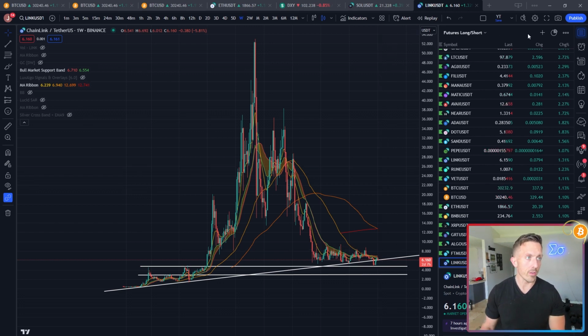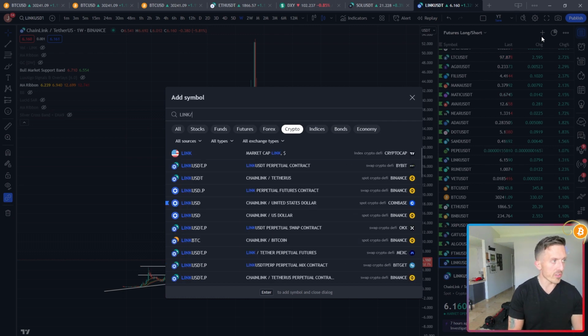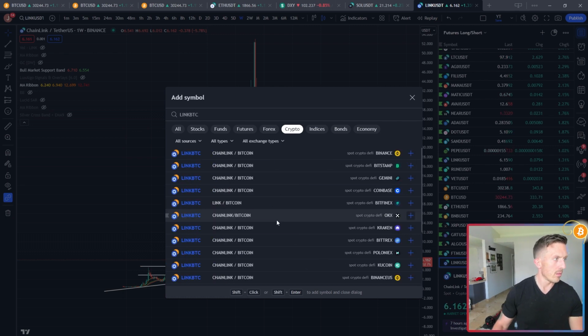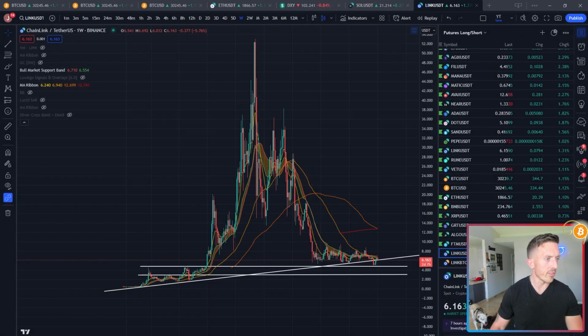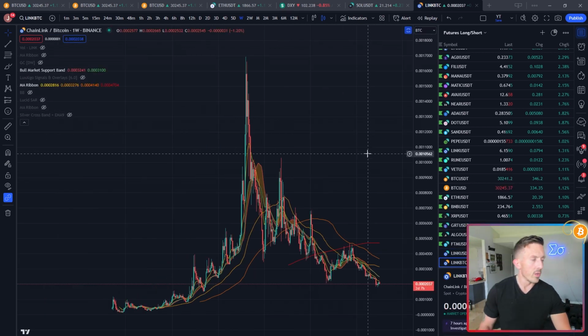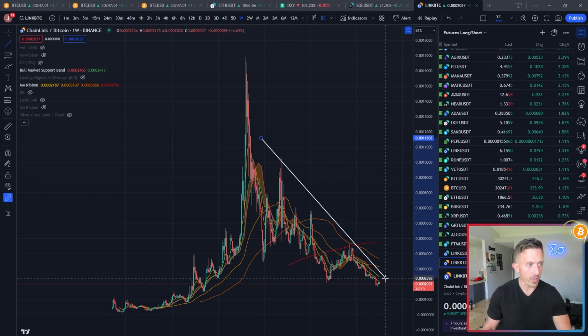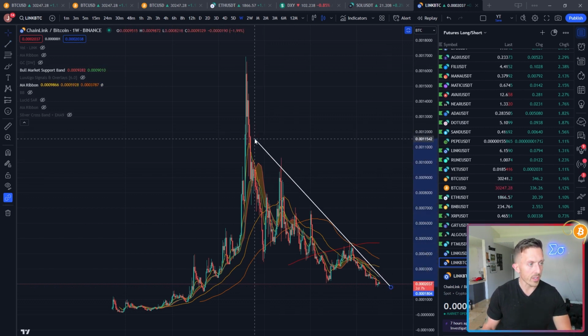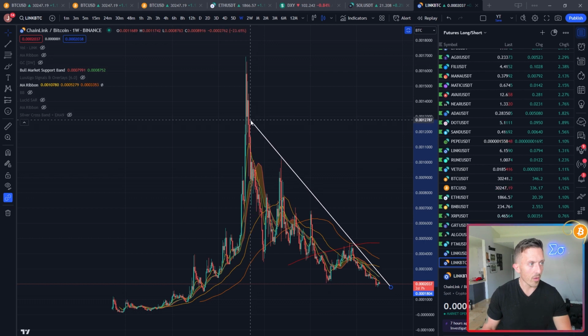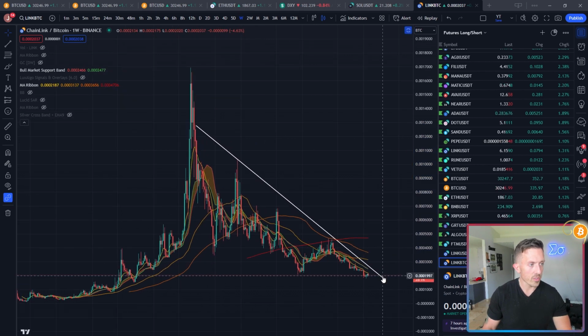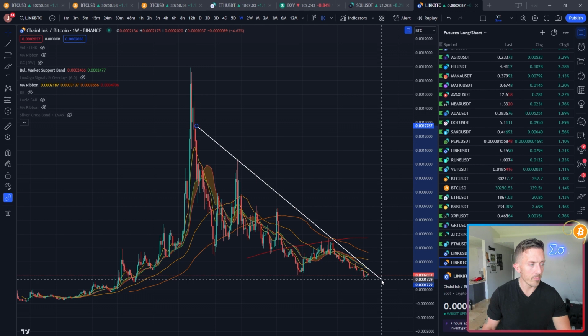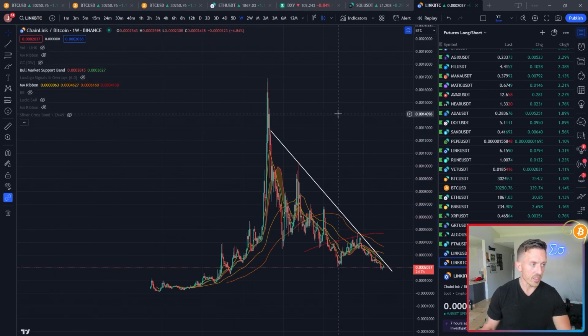And what we can do, just for shits and giggles, is look at the Link BTC pair. There it is on Binance. You can see that it has slowly been bleeding against Bitcoin. I have not looked at this chart, obviously, because there are no markers or indicators on it, but we can see something along those lines. Midterm, it's just been bleeding against its Bitcoin pair.